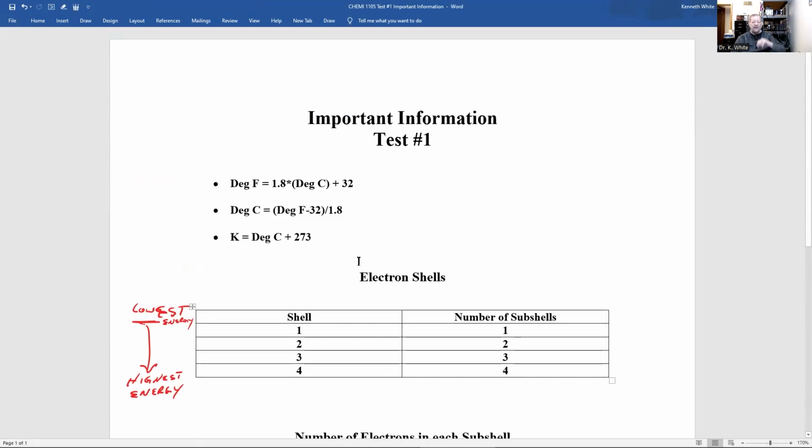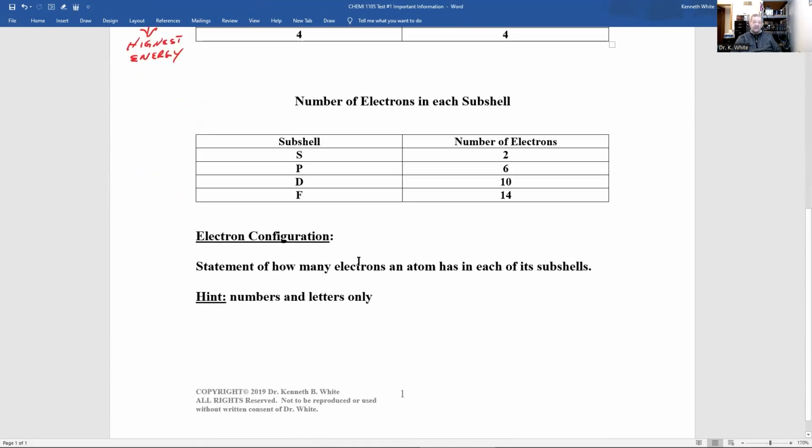This will be the last page on your test, test number 1, and you'll see I have number of electrons, and I'm going to modify this to that. And you don't have to memorize S subshell 2 electrons, P subshell 6, max D 10, F 14. I'll give it to you, but you still have to remember